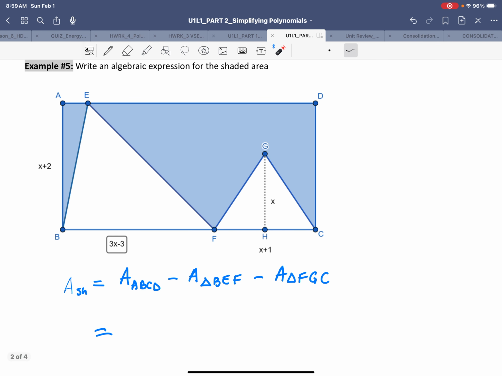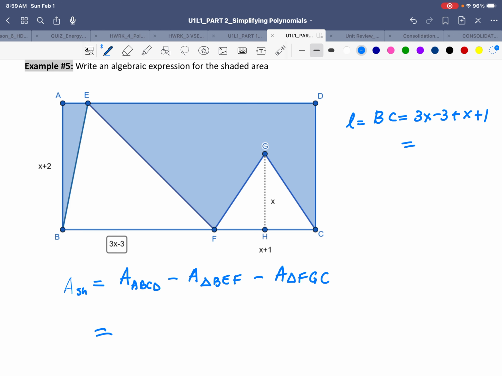So for the rectangle, you have length times width, and the length will be BC or AD, doesn't really matter. You see that we're given BC 3x minus 3, we're given FC x plus 1. So that will make the length of the rectangle BC equal to 3x minus 3 plus x plus 1. So 4x minus 2. And then the width of it will be